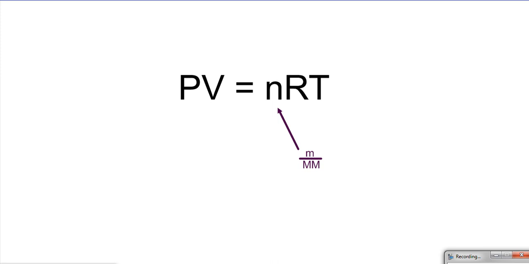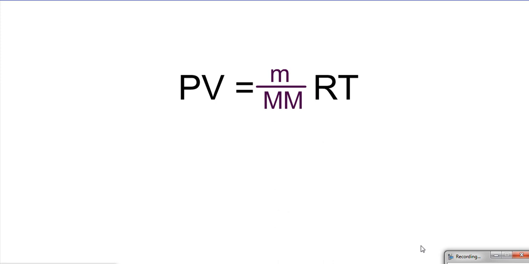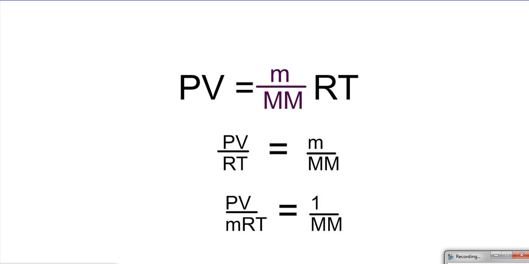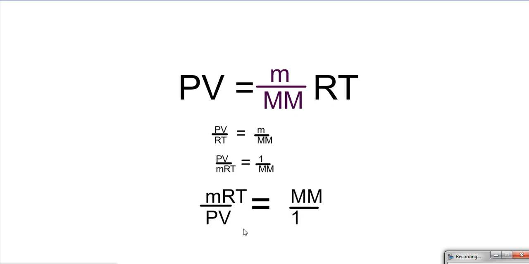So if we were given the grams of a gas, we could rearrange this formula and plug in mass divided by molar mass for n, which gives us this crazy looking formula. With this, we are able to find the molar mass of a gas if we know its mass and its volume and its pressure and its temperature. Mass and volume are related through density. So if we know the density of a gas, if we rearrange this formula a little bit, there's one rearrangement, there's the next, take the reciprocal, and m divided by V,